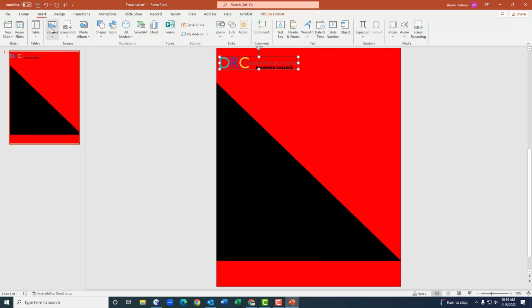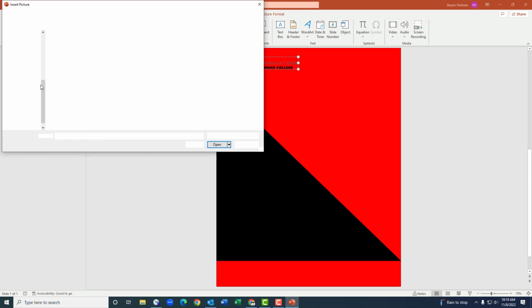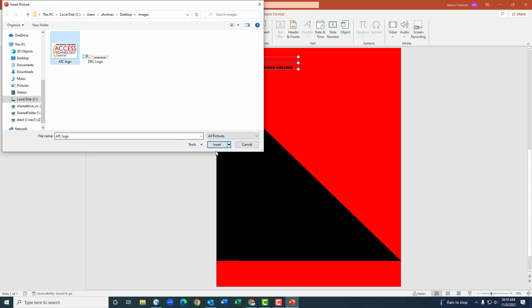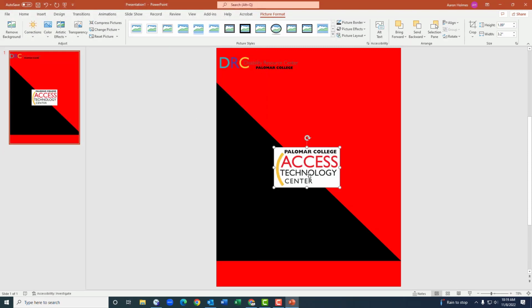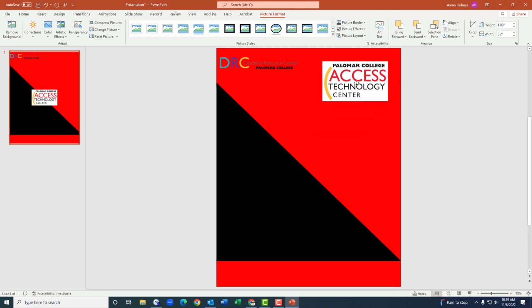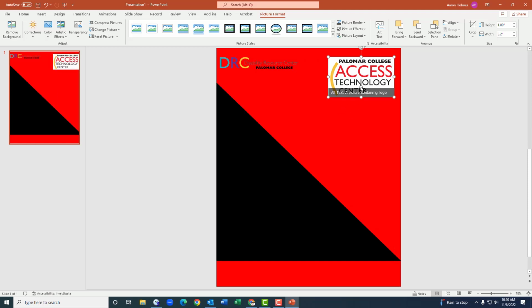And then I'm going to go ahead and insert another picture because I had the picture from the ATC, the Access Technology Center. So we're going to add the Access Technology Center logo. This one you see, it has a white background, so it is going to make white here. But PowerPoint's very nice and has some snapping features to help you try to line up your pictures. So we are going to line up our pictures here, put this logo here on the right